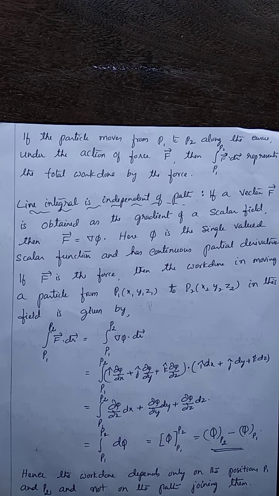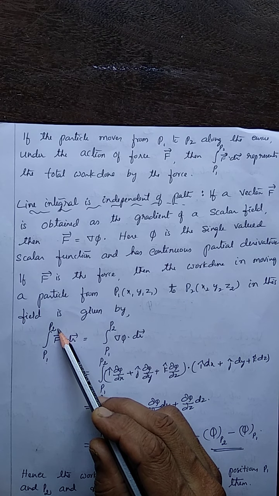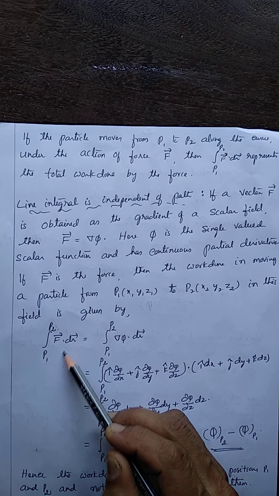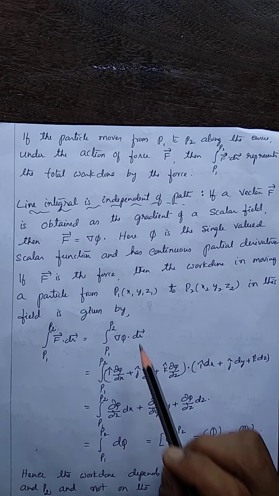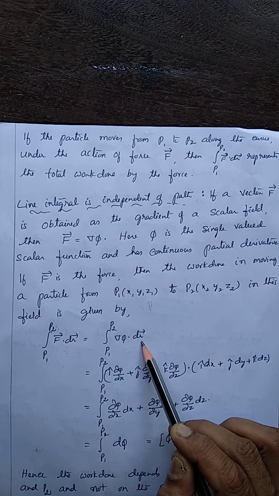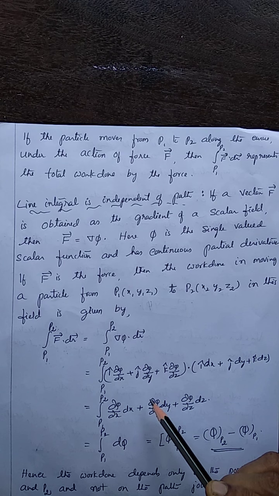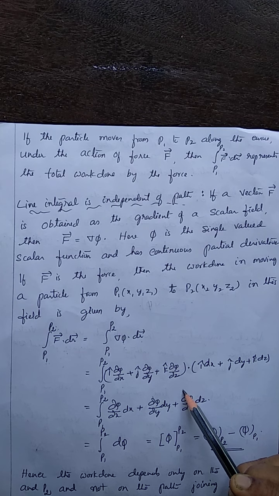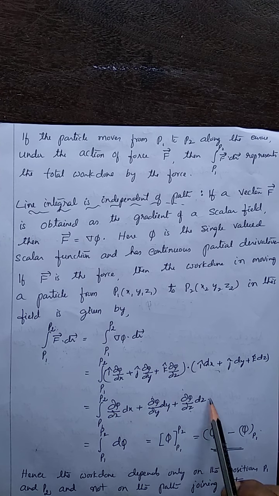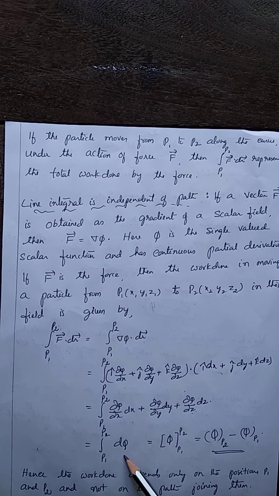Now, what's the line integral here? Line integral is integration of F dot dr between P1 and P2, say. Suppose the particle moves from point P1 to point P2 in that vector field. But F is the gradient of the scalar. So this can be written as integration of del phi dot dr vector. What is del phi? i cap delta phi by delta x plus j cap delta phi by delta y plus k cap delta phi by delta z. What is dr? This one. Find the dot product, you get this. What is this actually? The representation of d phi in terms of partial derivatives. So this is nothing but d phi.